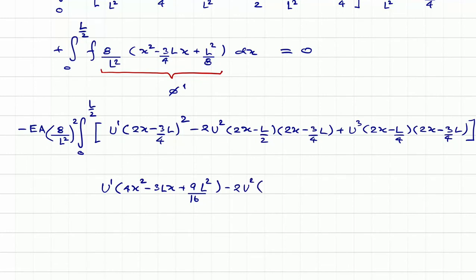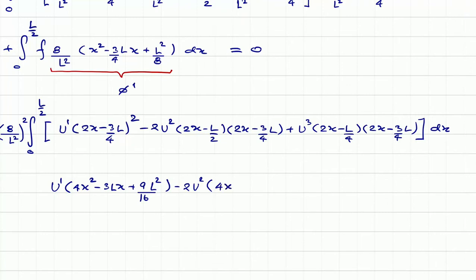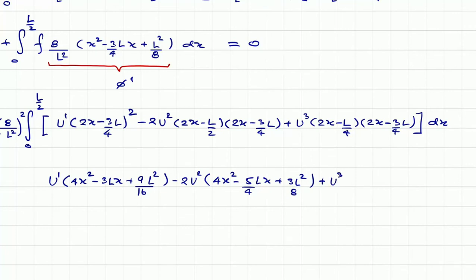Minus 2u2 4x squared, this and this, so minus Lx and minus 3 over 2, 3 over 2 and 2 over 2, that makes 5 over 4, right? 5 over 4 plus 3L square over 8, and plus u3